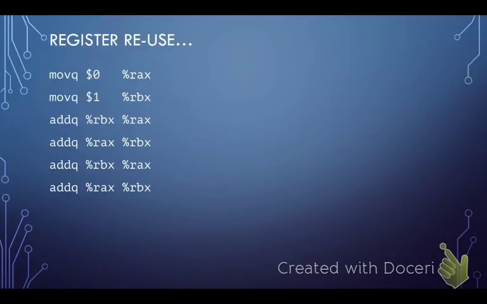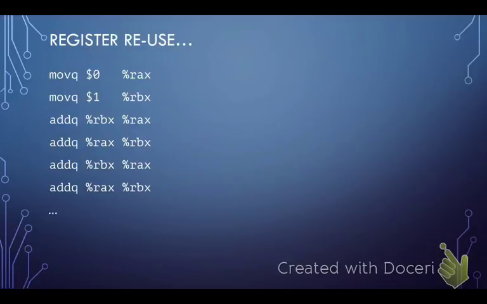What we're doing is overwriting the value in RAX or RBX with the next value in the sequence. We then still have the previous value, right? So we had N0, then N1, then RAX gets N2, RBX then gets N3, and so forth. So RAX is always going to have the even value in the sequence, and RBX will have the odd value. We always have the previous two values available to us, and we can sum them and continue.